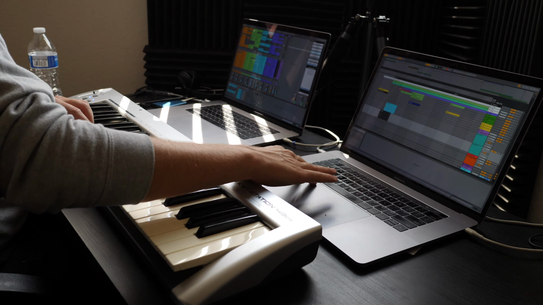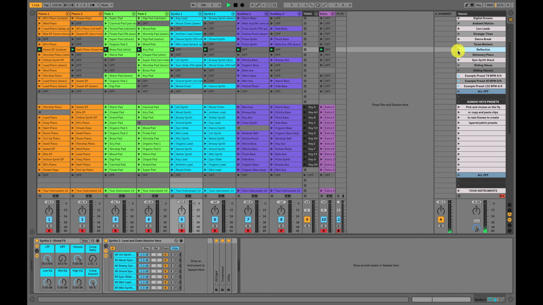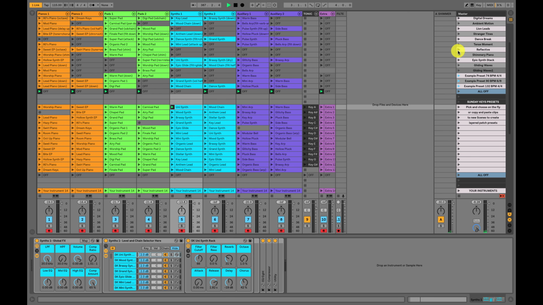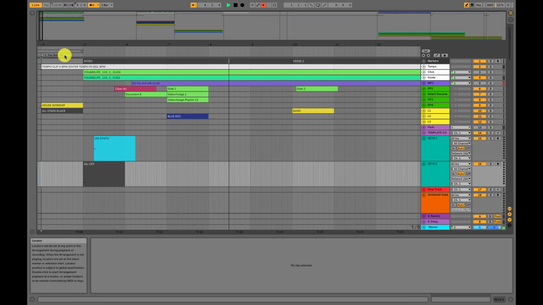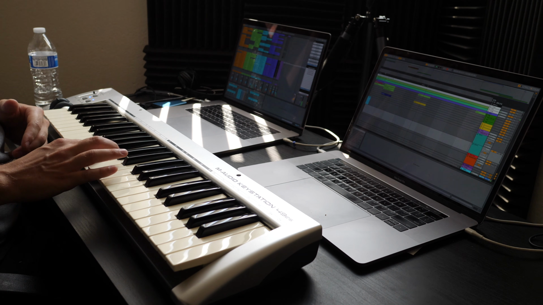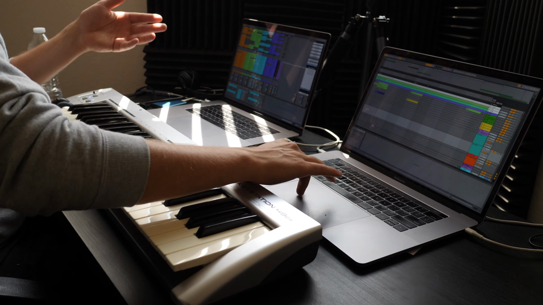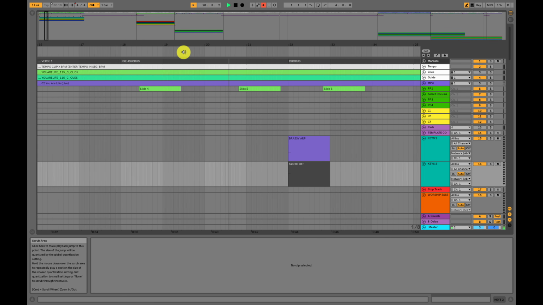And watch what happens when I start off the song You Are Life. So it's gonna shut everything off. Then it queues up the right synth patch. So I would use that patch for the intro and first verse, and then when I get to the chorus,